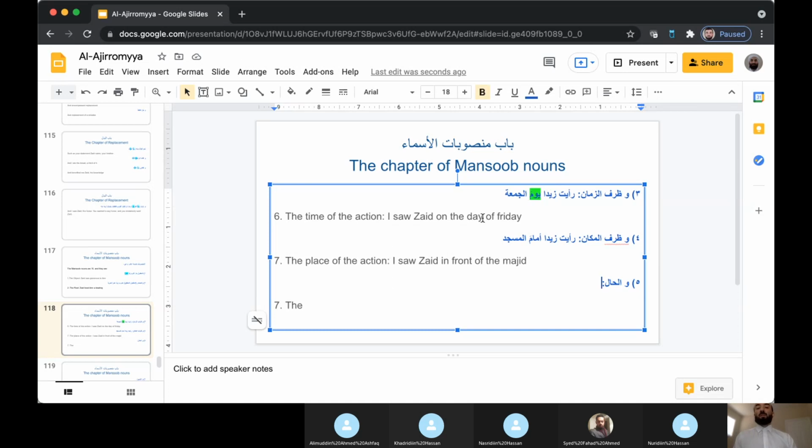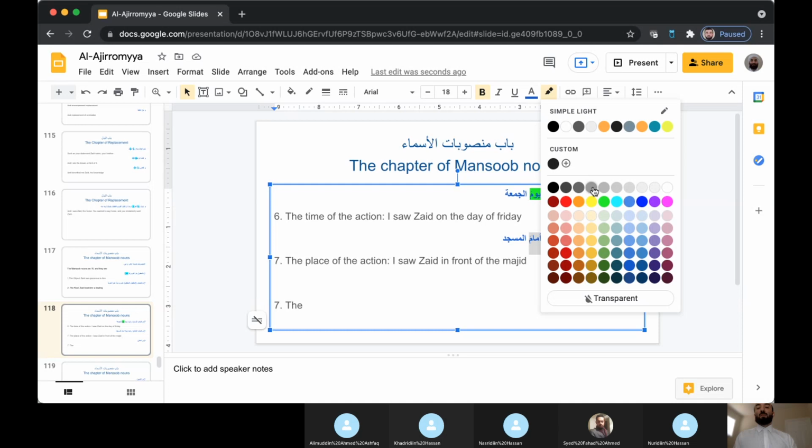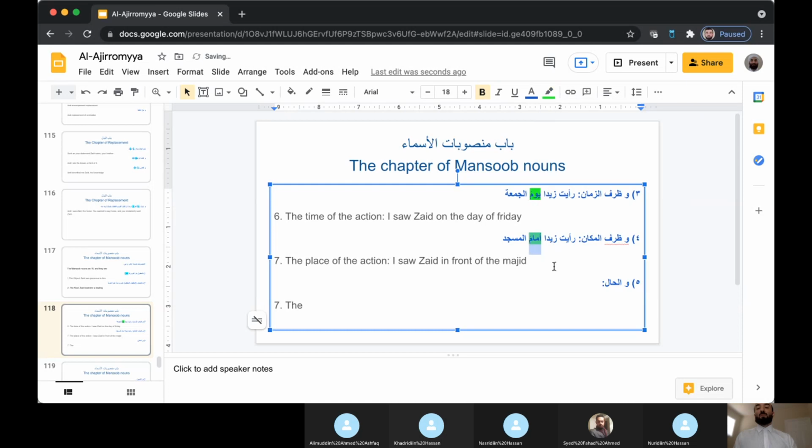I saw Zaid on the day of Friday. That's time. I saw Zaid in front of the masjid. That is the space or the place of the action. Right. So both of these are always mansub. Both of these are always mansub. Does that make sense? Yes. Okay, and